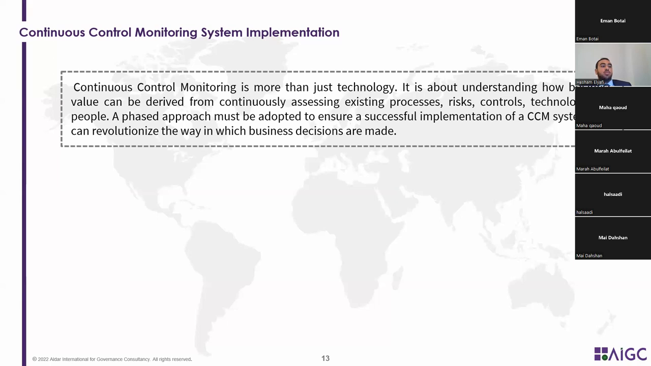We need to understand what the current challenges and inefficiencies are that we need to continuously monitor. What are the kinds of activities that we need to continuously focus on and ensure they are falling within the desired limits or the desired thresholds. So to properly implement CCM systems or solutions, we should follow a phased approach,